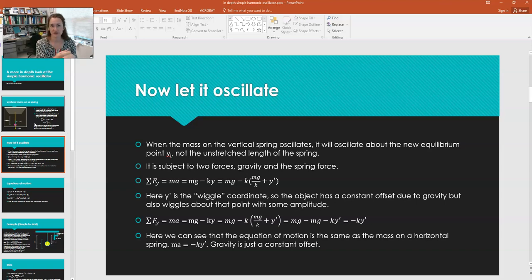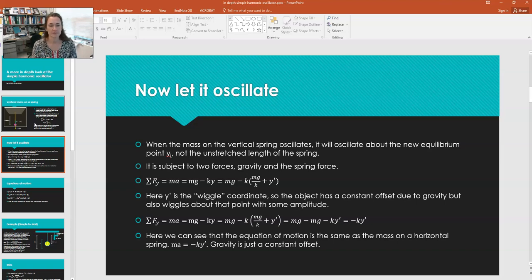If you attach a mass to a spring, it'll drop down, for example, if you let it dangle, and then you give it a little push, and it'll oscillate about that drop down point. Okay? When it's oscillating, it's still subject to those two forces, which are gravity and the spring force. But now we have the equation as follows for the sum of the forces in y: you're going to get the mass times the acceleration. Since it's moving, there will be an acceleration now if it's oscillating, and then that will equal mg